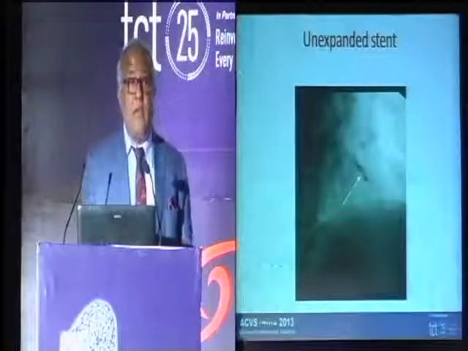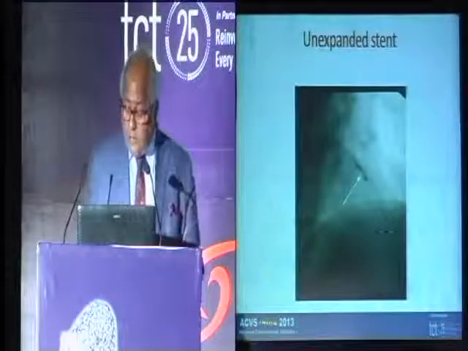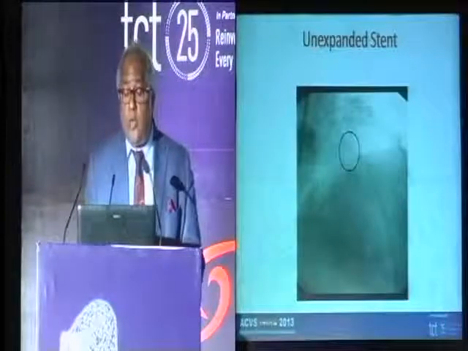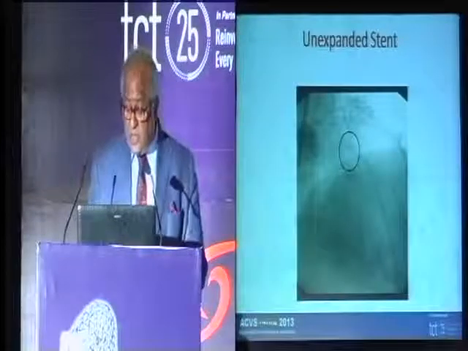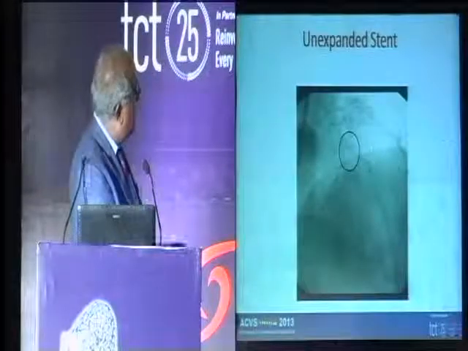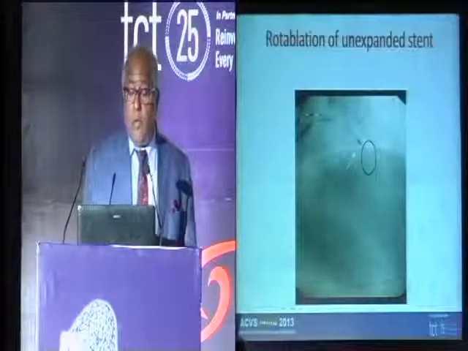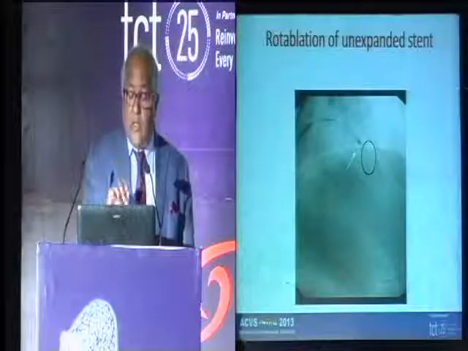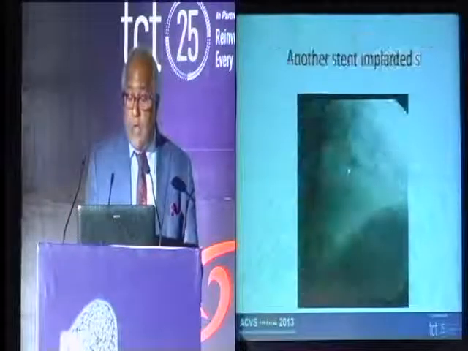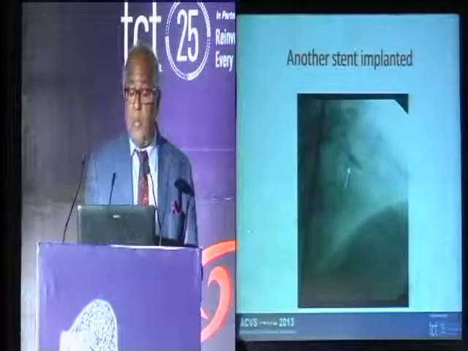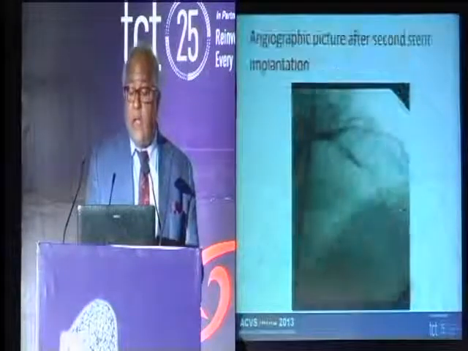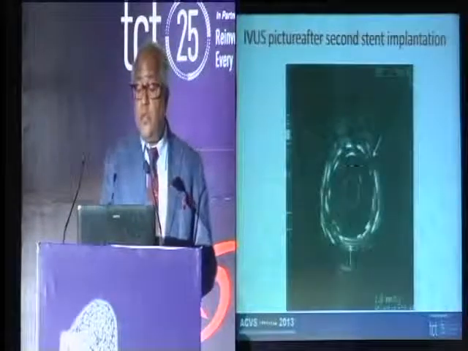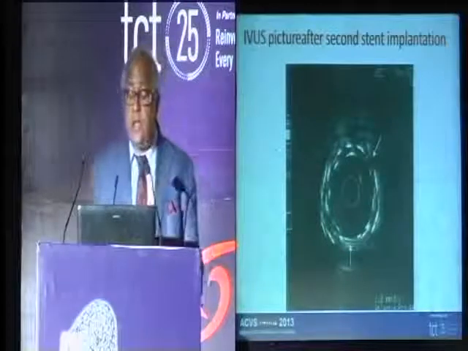Now what do you do when you have an unexpanded stent? You went to high pressure, you went in with a high pressure balloon again, you still don't have the situation. So we took a rotablator down, you can see an unexpanded stent over here at this particular site. And we rotablated across this stent. So we cut some of the lesion over there because this was not a totally implanted stent. And then we went ahead with another stent. We put another stent in and inflated this at high pressure. And then we got an angiographic picture like this after we put in a second stent. So you can see over here the IVUS picture after the second stent implantation.